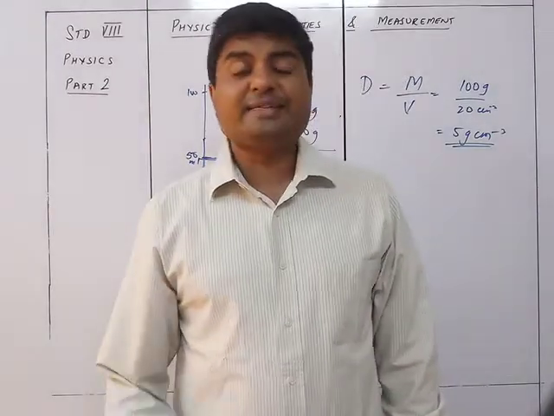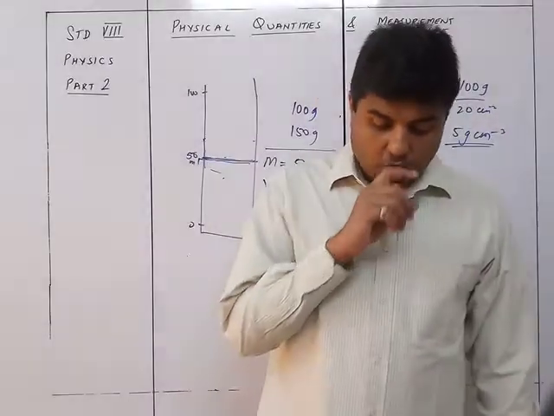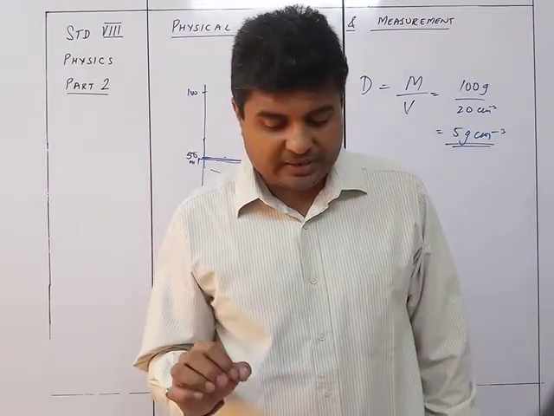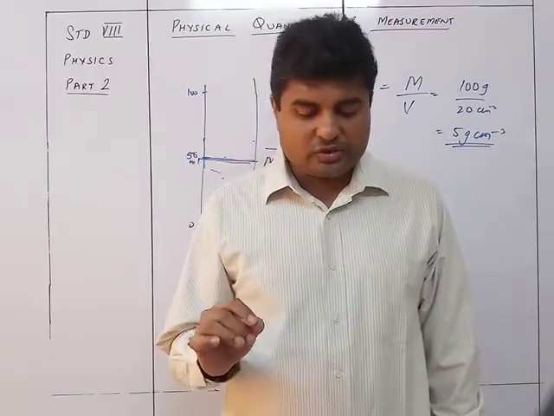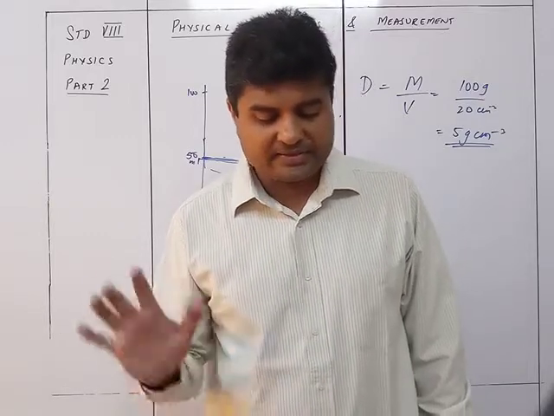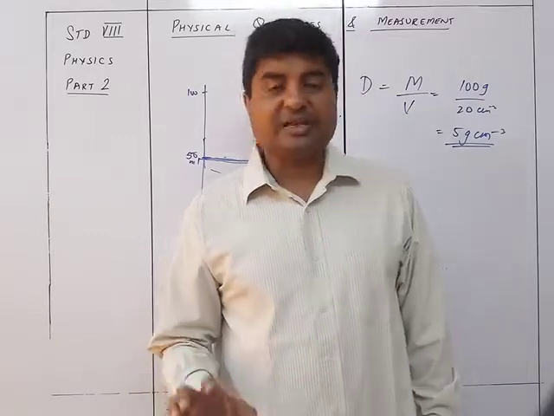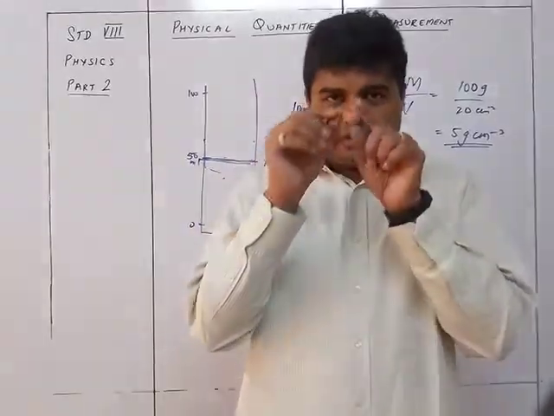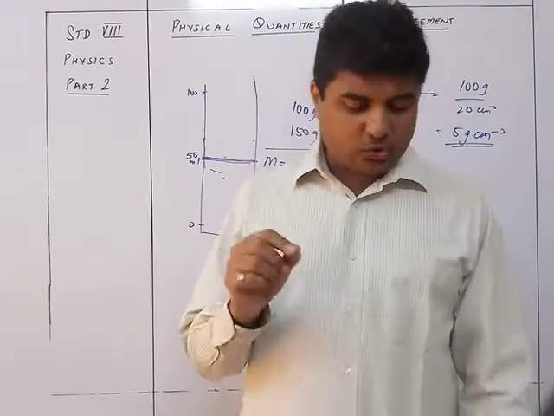The stopper has a narrow hole through it. When the bottle is filled with the liquid and the stopper is inserted, the excess liquid rises to the hole and drains out. Thus, the bottle always contains the same volume of liquid each time it is filled. You can see that it is made in such a way that on the side at the top there is a small hole.